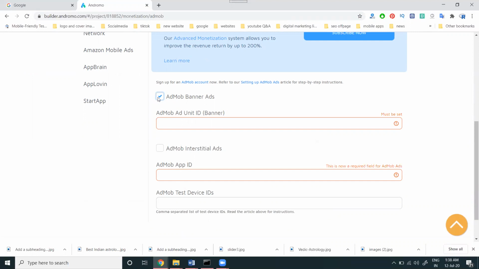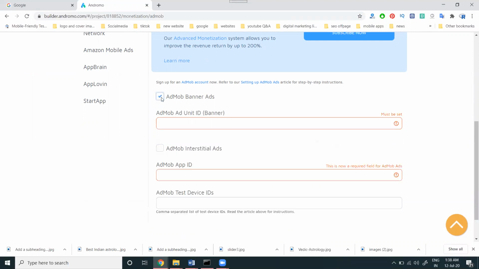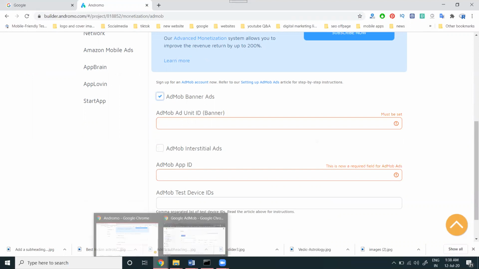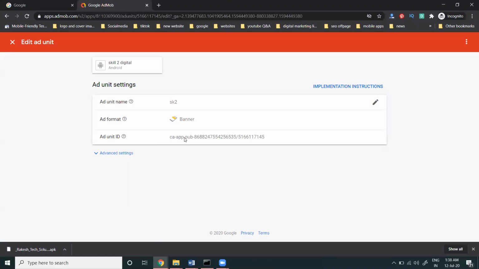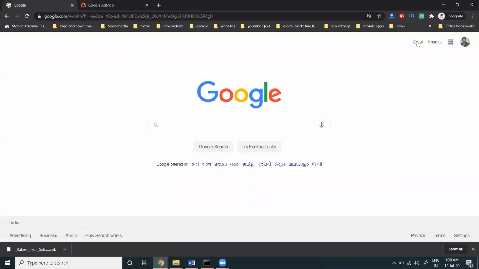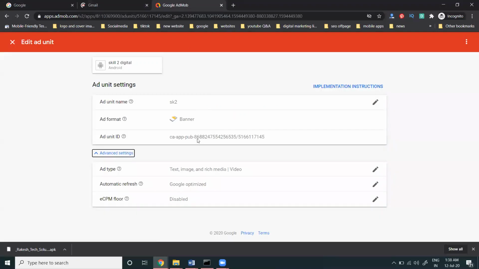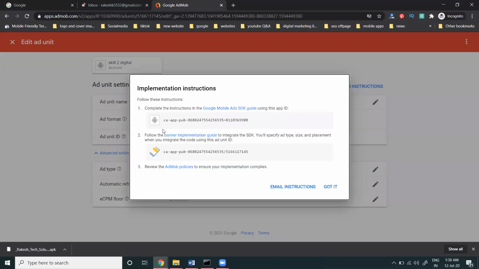So here, we go for this ad. We can go for two options. I'm adding this option here. So when you open this, we receive it by mail also, just to open it, or else we can click on this, and all the options will be here, the instructions. These are the two options.